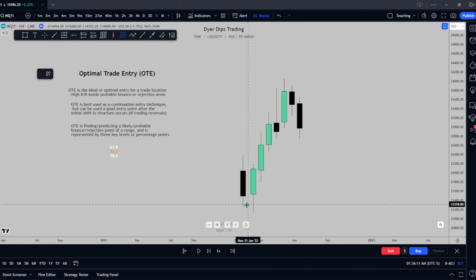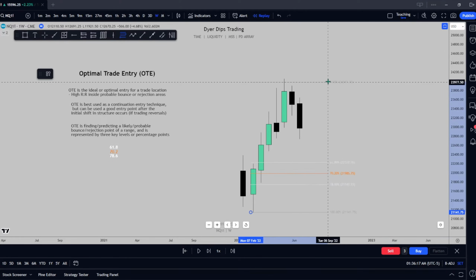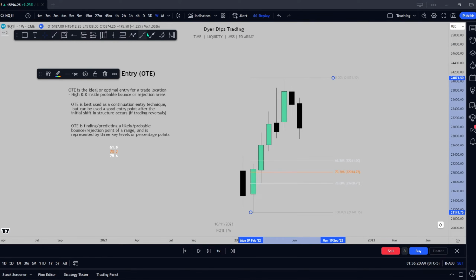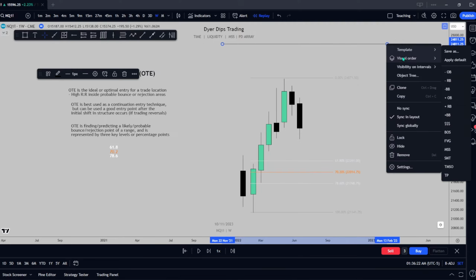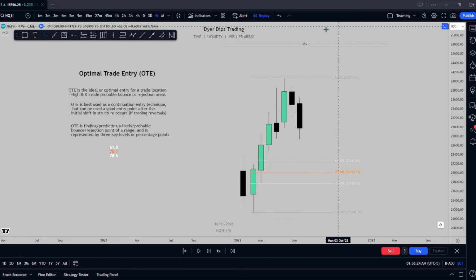With all that being said, we are going to take this swing low of the range because that's where we're going to mark our OTE from, and we're going to come all the way up here to our swing high, expecting price to draw towards a higher time frame liquidity pool up here, for example. So if we're expecting a continuation to this high, we're essentially looking for price to pull back into the OTE, or the optimal trade entry, and we're looking for a continuation to this high here